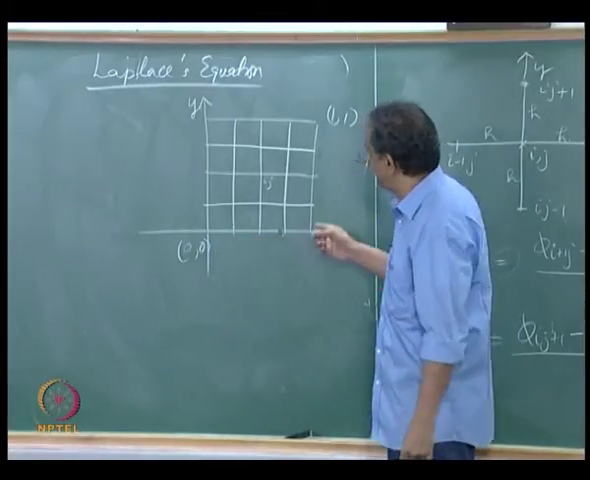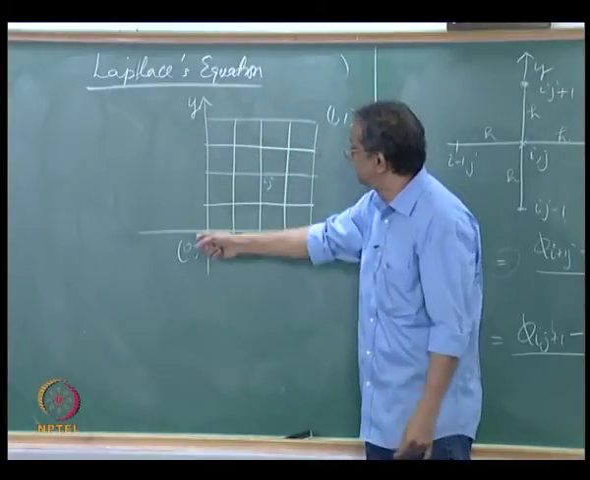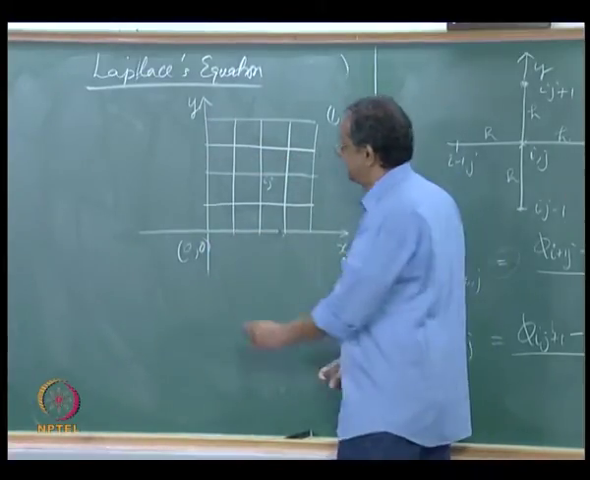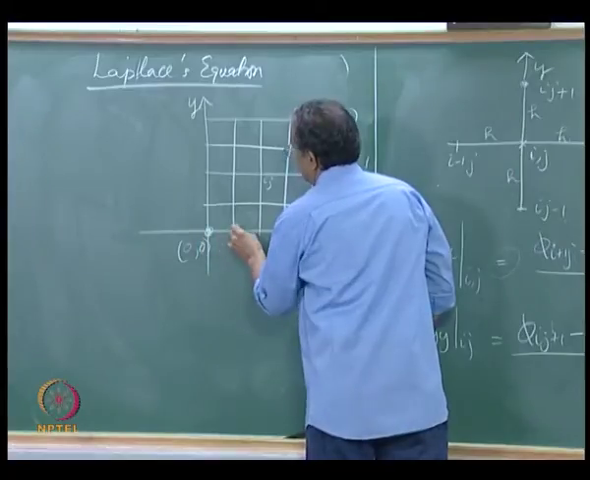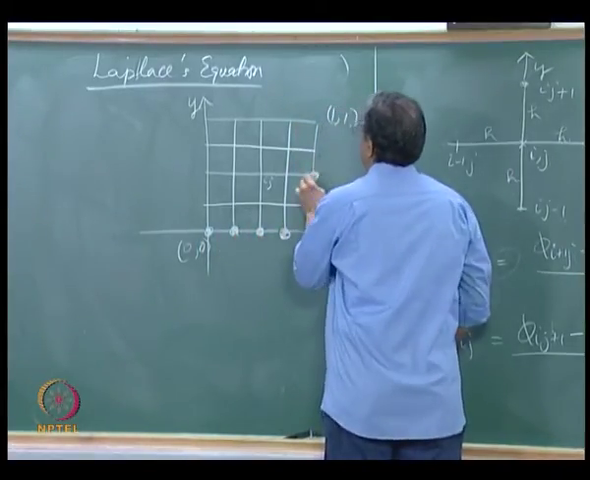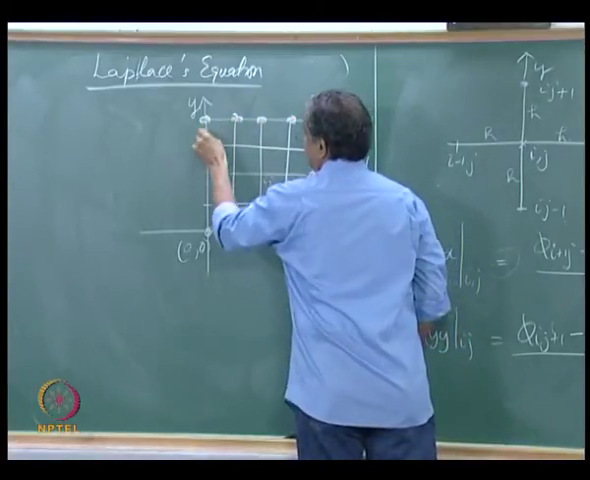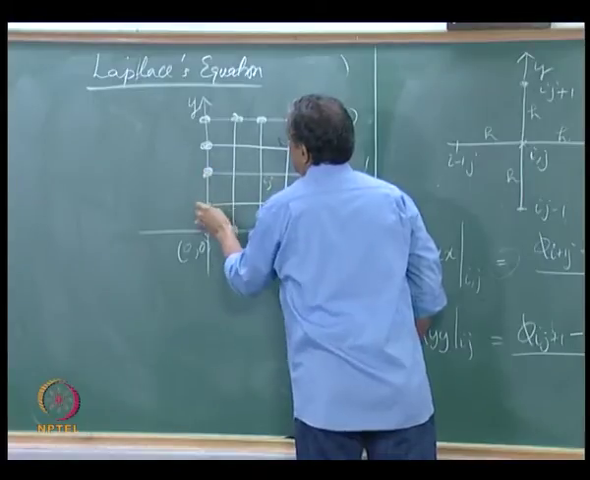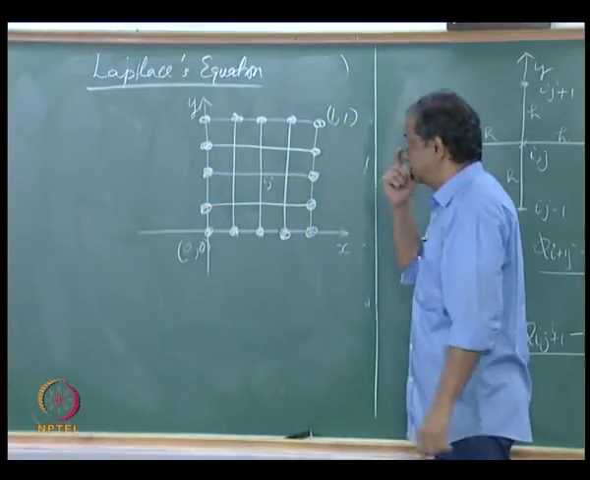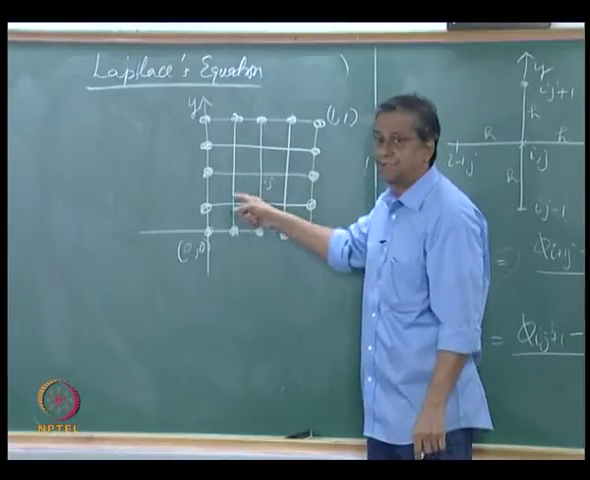So given some boundary conditions, we will figure out how to get those boundary conditions. If I prescribe some boundary conditions, which means that the values at these points are known, and if we are able to find the values at the interior points,